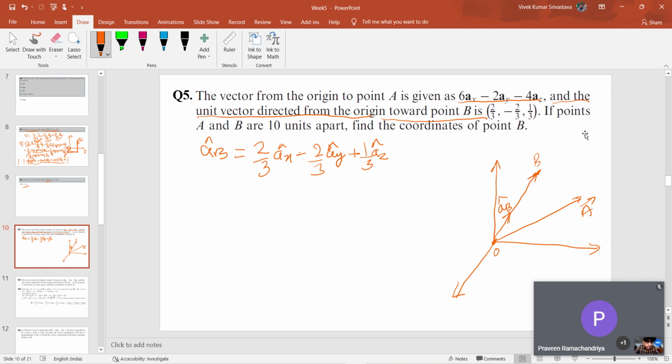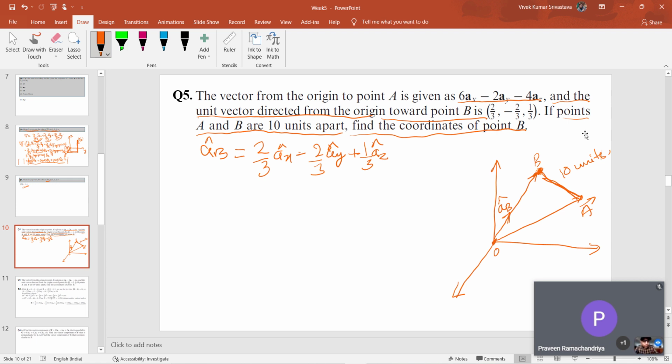After that, the statement says that the points A and B are 10 units apart, so the distance between these 2 points is 10 units, as given in the question. Then you have to find the coordinates of point B. So for solving this question, what you have to do, first of all, you have to see here that